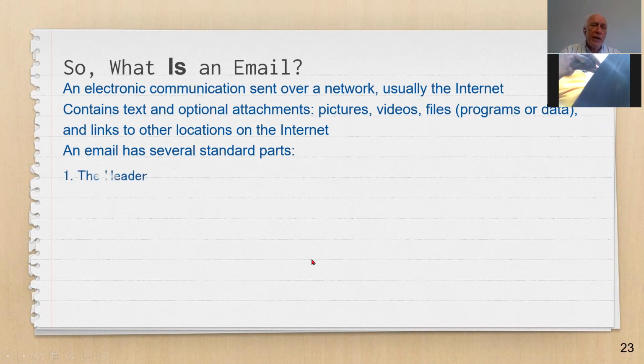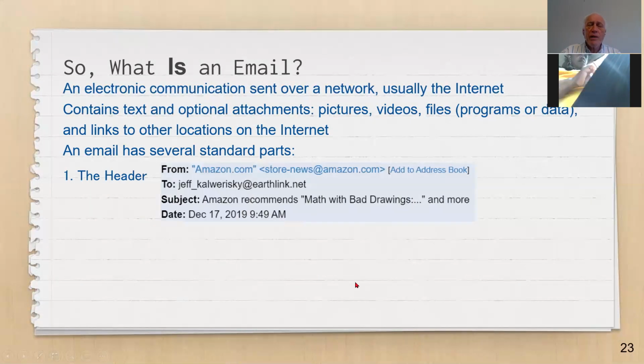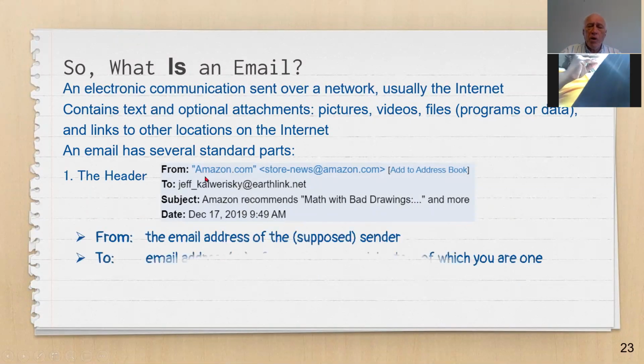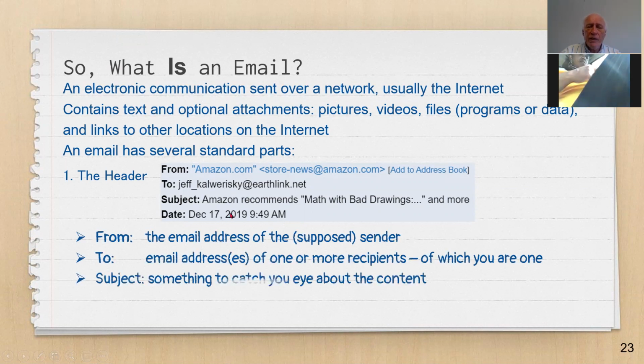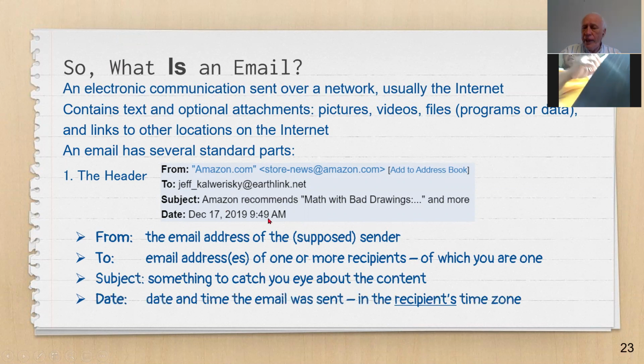I'm going to tell you, an email is divided into the following areas, really two major areas. The first one's called the header, right? So here's a typical email. It came from Amazon.com to me, subject, blah, blah, blah, and with the date and time, right? So at the top where it says from, that's from whoever it's supposed to have come from, right? And most of us don't know what this is made up of. So I'm going to tell you about that in a moment. The to field should either be your email address or your name. So if it's one of your friends, it will have your name there, right? But it could also just be your email address if it's coming from somebody who doesn't know you personally, right?